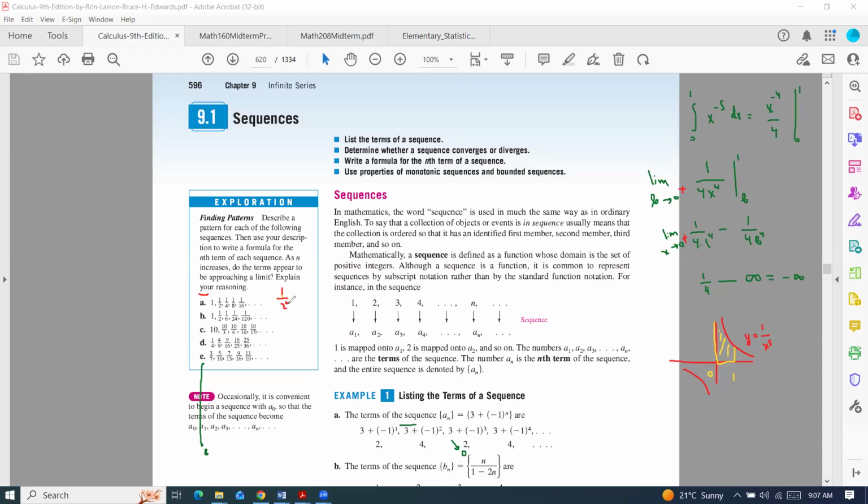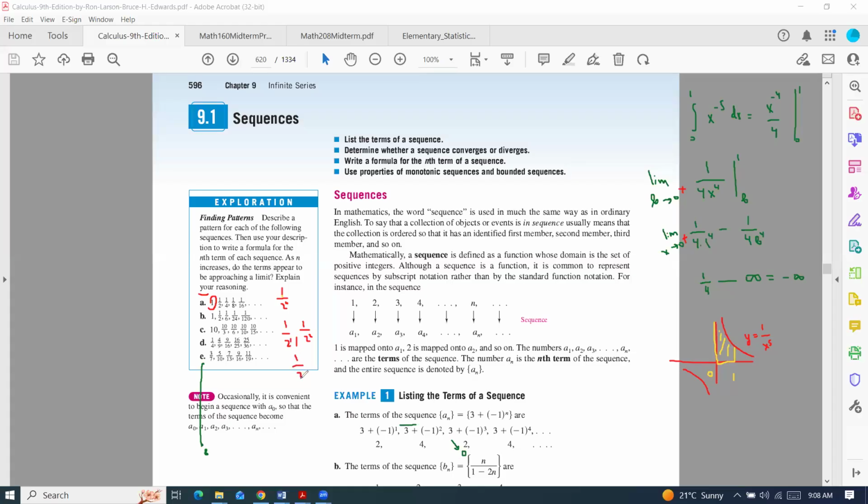Here is my nth term. So we have 1 over 2 to the power of n, like 1/2 is 1 over 2 to the power of 1. And the next is 1/4, which is 1 over 2 to the power of 2. So if I write 1 over 2 to the power of n, the question will be, what about the first one? Well, you can say it's 1 over 2 to the power of 0 for the first one, and that